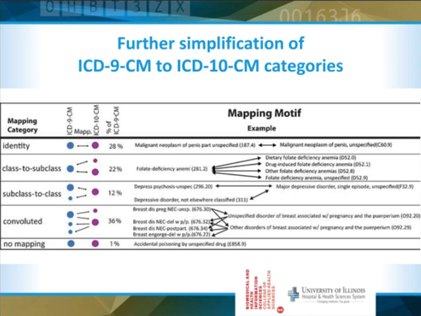So we've come up with 5 classes for ICD-9 codes. When you want to run a report and you want to know how hard or easy it is, you want to know how many are identity. Well, the good news is 28% of ICD-9 codes are replaced by a single ICD-10 code. Malignant neoplasm of the penis is still malignant neoplasm of the penis. So, great. However, when you go to class to subclass, when you're actually increasing the information,